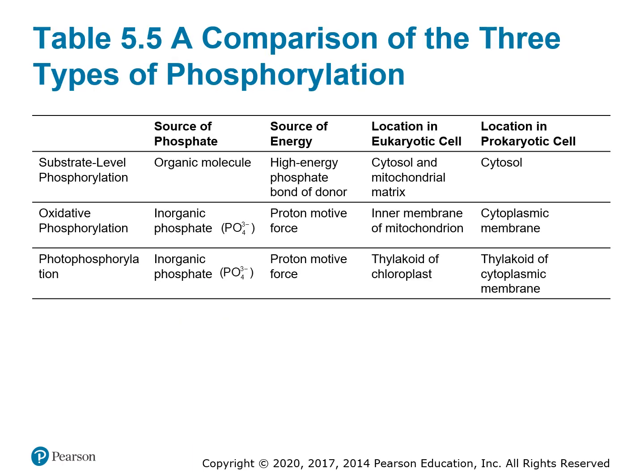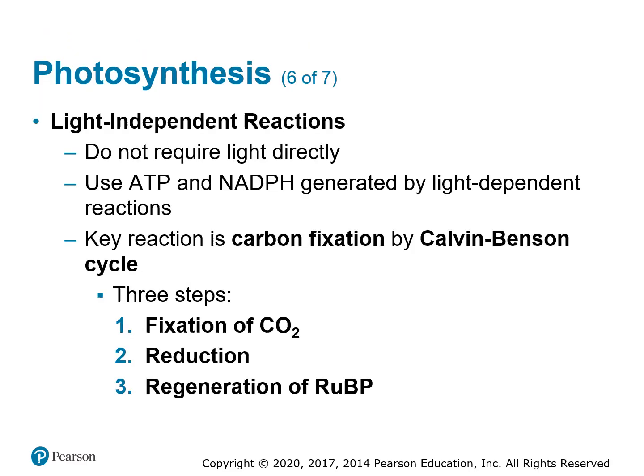Table 5.5 has a comparison of all the different types of phosphorylation. I encourage you to look at that. Now, the light-dependent or independent reactions are what happens after you have a lot of that hydrogen being built up. In this case, the ATP and NADPH that are being made in that cycle, the photosystem 1 and photosystem 2 dependent cycle, this is now going to go into the process of carbon fixation in the Calvin cycle, or the